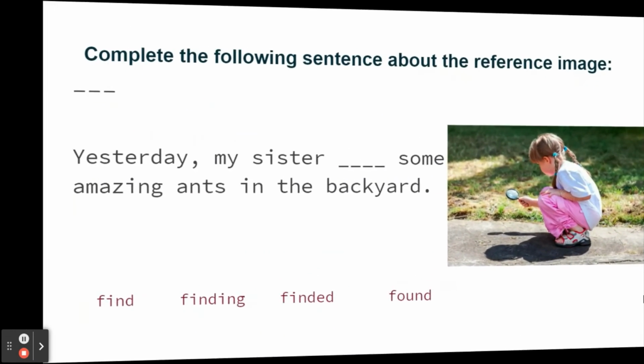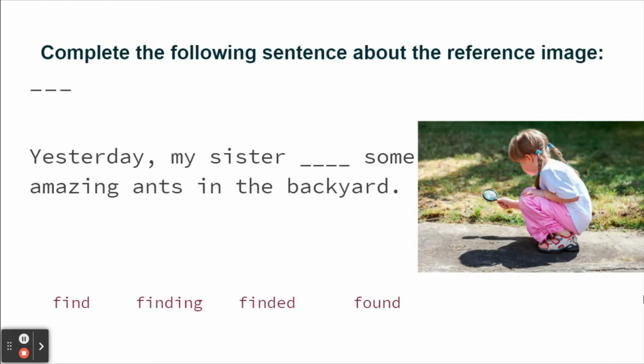Let's look at example number 2. Remember to complete the following sentence about the reference image. Look at the word bank that we have on the bottom. And yesterday, my sister blank some amazing ants in the backyard. So which one is the past tense here on this word bank? Okay,